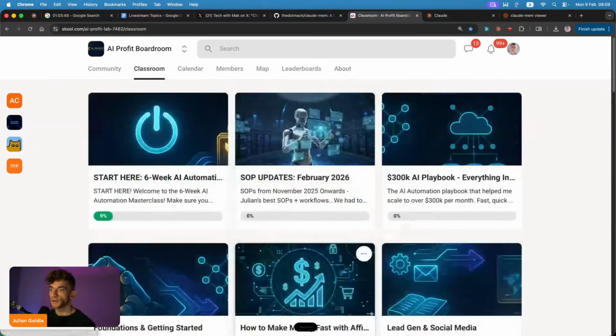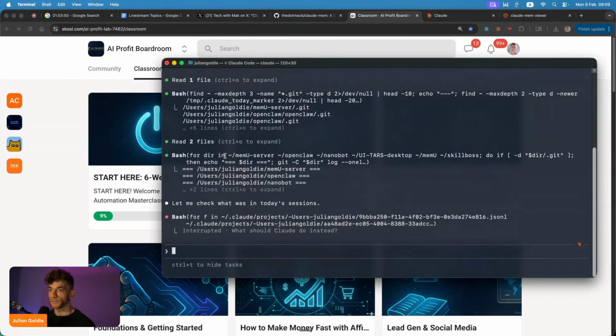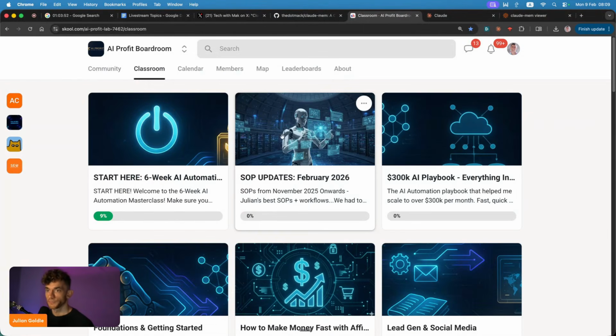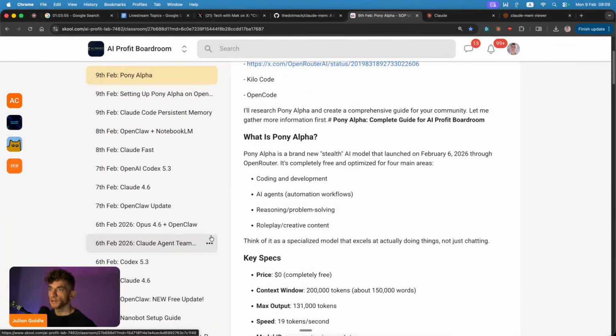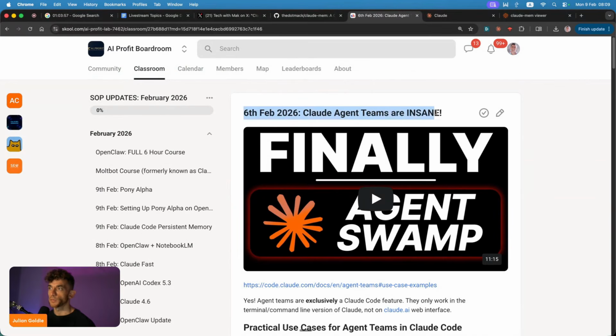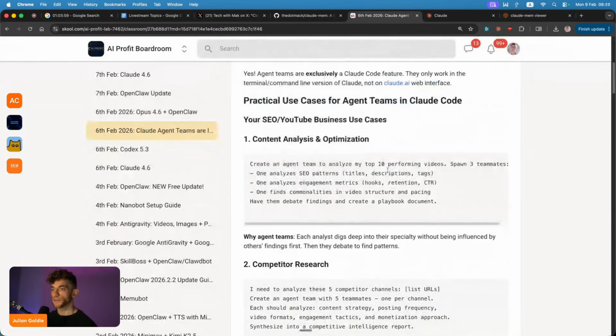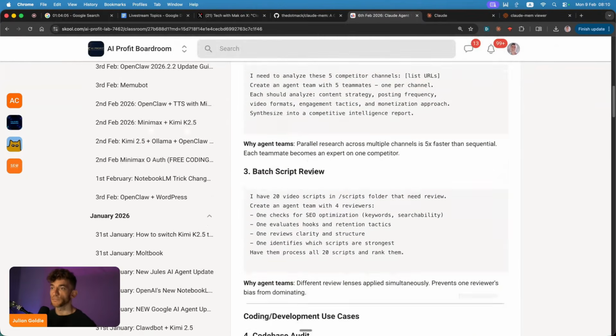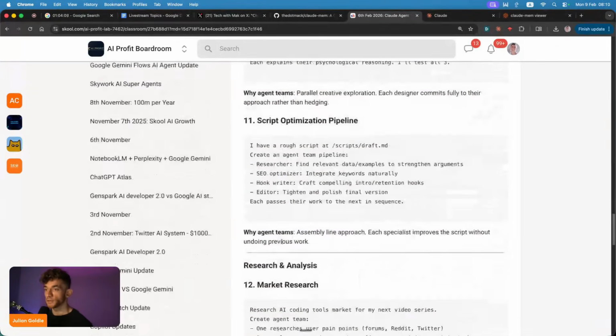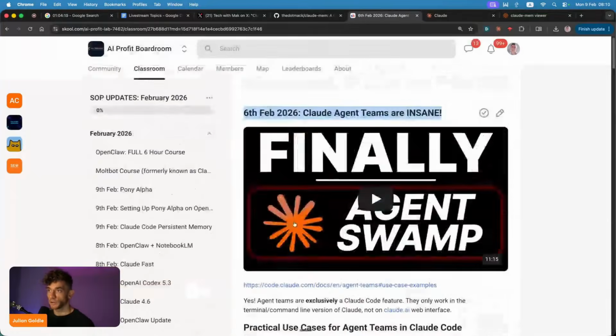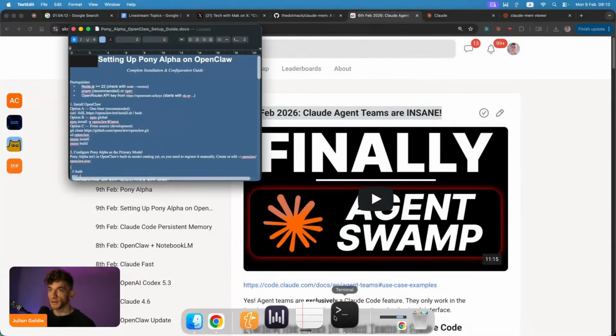Now, the final thing I'd recommend setting up is teams, right? I've got a full guide inside here, but basically with Claude agent teams, you can run multiple different agents at the same time. Now, if you're running them in fast mode with memory on Opus 4.6, then you've got a really powerful team of agents that can communicate with each other, talk to each other, etc. Right? So if I go inside the chat and the terminal here,